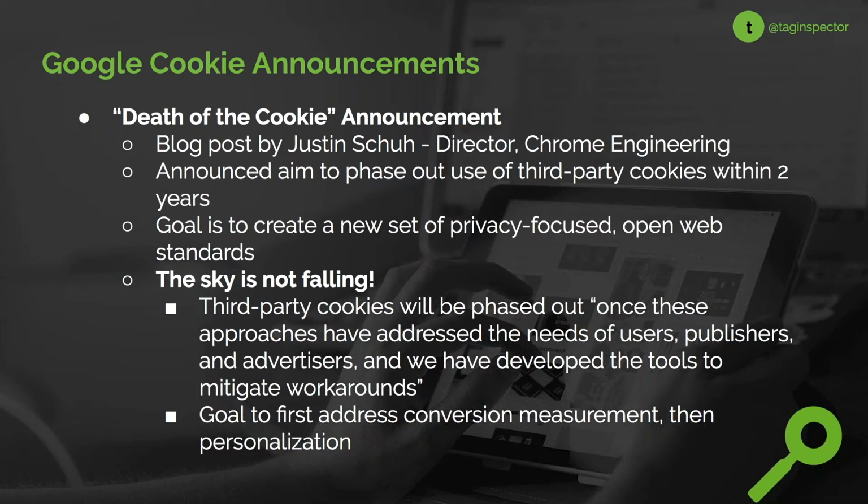Now, the third party cookies, it's important to note, and this comes directly from that blog post, will be phased out once these approaches have addressed the needs of users, publishers, and advertisers, and they've developed the tools to mitigate workarounds.